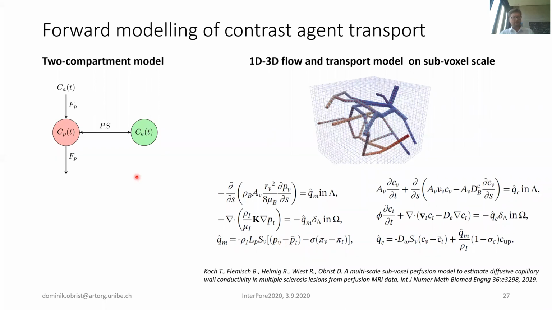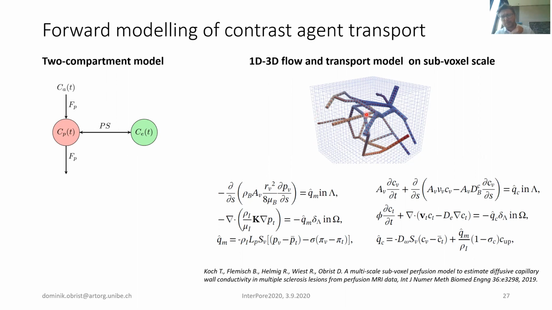And many people have done this with two-compartment models with limited success. There's a vascular compartment and an extravascular compartment, with a transfer between the two. This was actually Timo Koch, who did great work in the group of Bernd Flemisch and Rainer Helmig in Stuttgart. What he did is he took a mixed-dimension model for flow and transport on a subvoxel